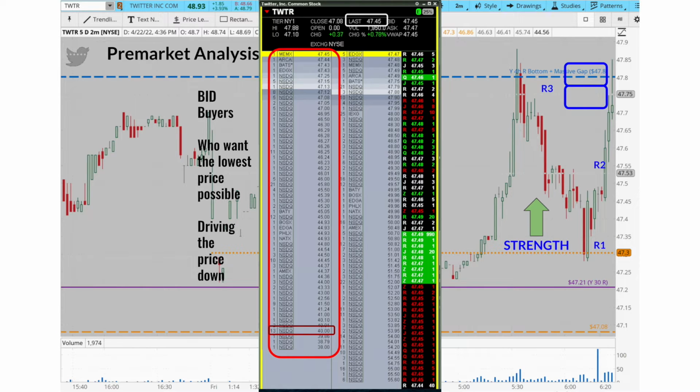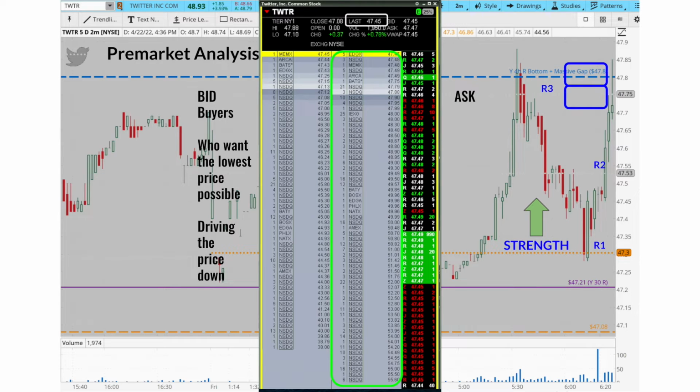An order of 2,000 shares versus an order of 100 shares. Which one is more volume? Obviously, the order of 2,000 shares is an increase in volume, all right? All right, so on the right side, we've got the ask, and these are the sellers, and they want the